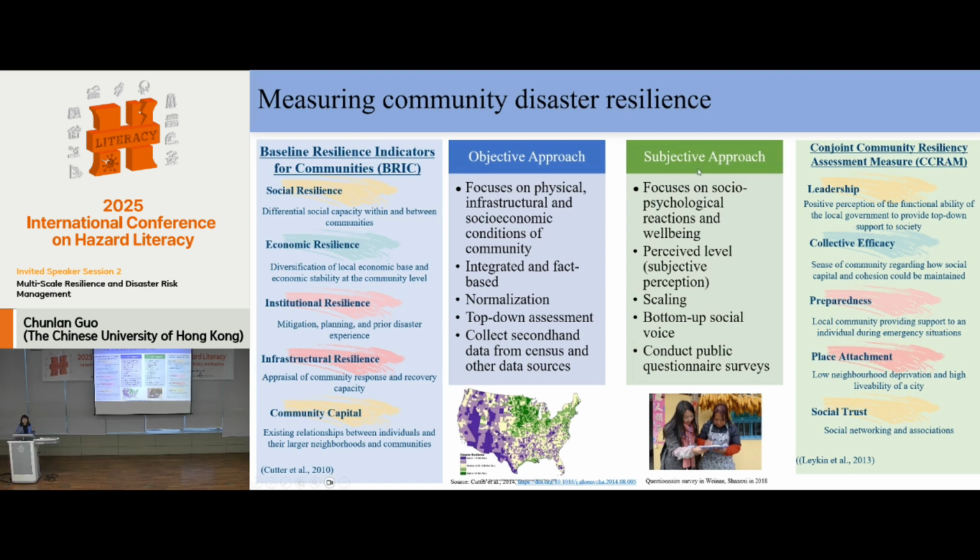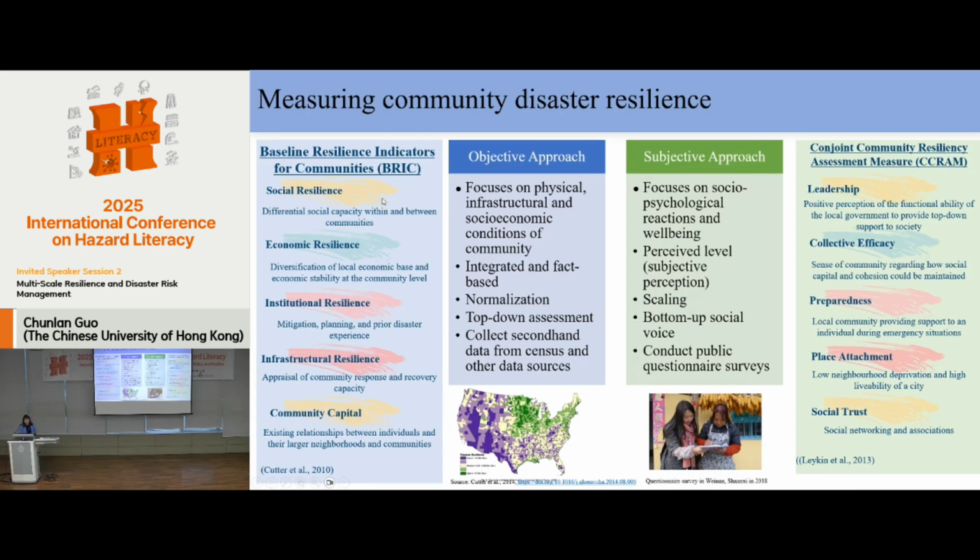This is one of the feedback to Dr. Park's question. Some teachers, science teachers, use a question with a correct answer. In fact, that can be named as the objective approach to assess the level of knowledge. The other is perceived, self-reported level of knowledge. And for the objective approach, usually they are top-down, because we are using census data, we are using government survey data. For example, here, Professor Susan Cutter from South